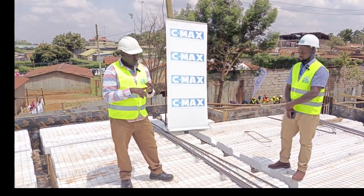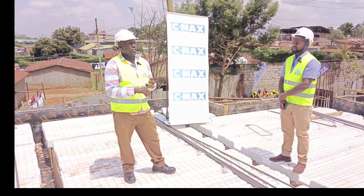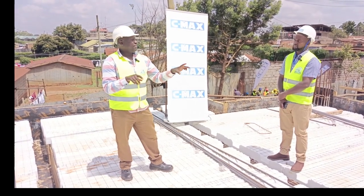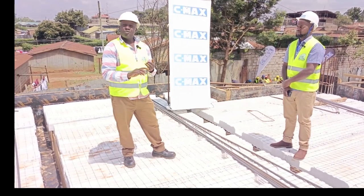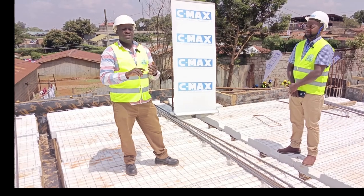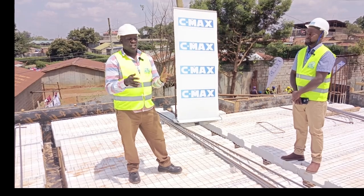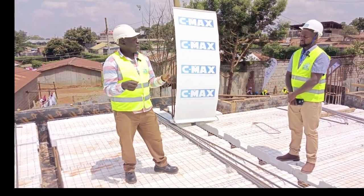You don't use the bottom twos. What you normally play up after setting the beams, you do the toppings, because it has the bottom mesh and the top, but it's supporting the other bars on the spans. Now the bottom two, you don't need to put it, but the tops, you use the structural design the way it has been designed, and the centers change depending on the spans. So it is very sufficient and it's economical,